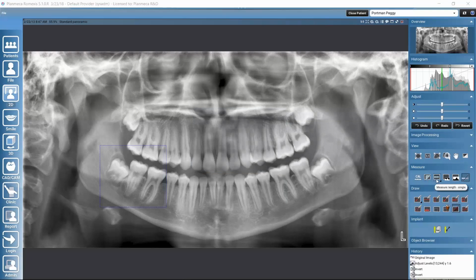Then we could measure angles. We could measure just normal lines. Well, a little bit like I was doing with the calibration tool. So here we also see the measurement. And here, if there's a black corner in the icon, that means that there are more options available. So we could click on the black corner, and we could get also polyline